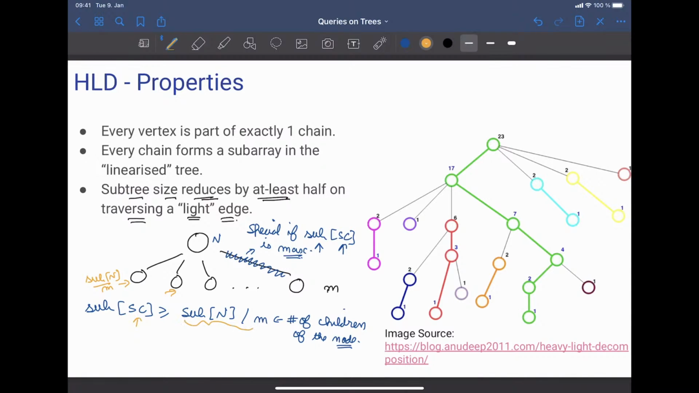Any other distribution, your special child will have a subtree size of more than subtree of n by m, and other children will have a size less than subtree n by m. So this is the first observation, and the second observation is that because of this, the subtree size of any normal child has to be less than or equal to the subtree size of n by m. Why? Because the subtree size of the special child